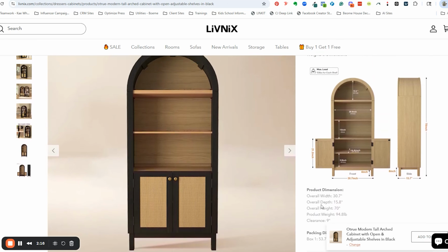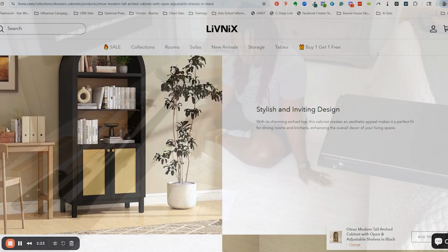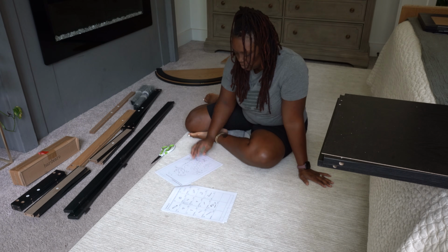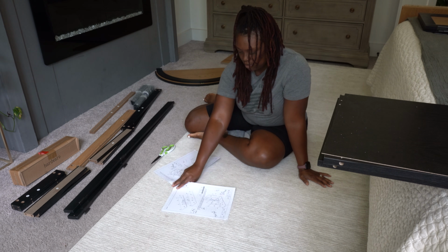So I decided to grab it. And when it got here in the box, it was super, super heavy. Yes, you have to put it together. Yes, it's a lot of pieces, but it's sturdy. I made a joke about it being IKEA furniture. It's not anything like that. It is a sturdy,